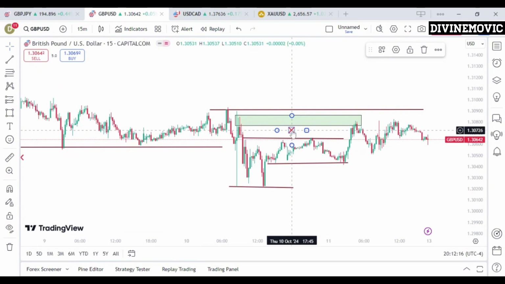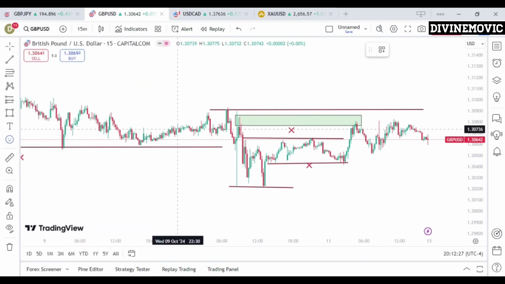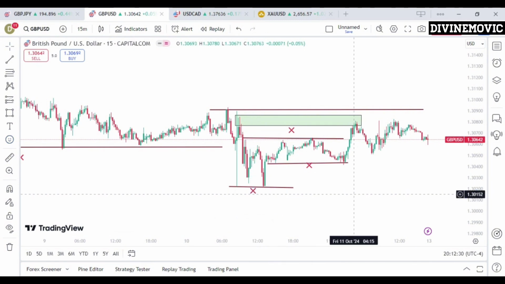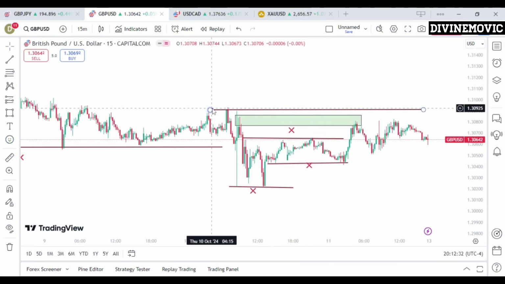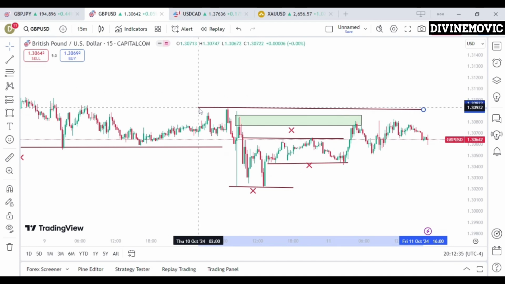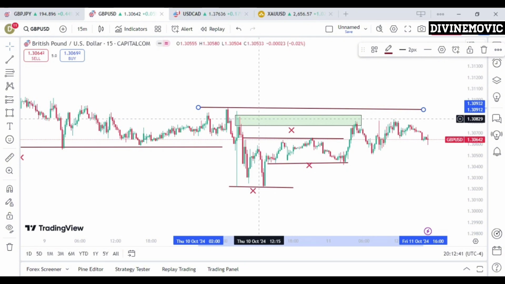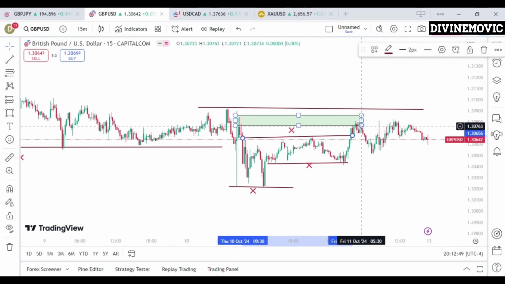Now in this case here, liquidity, and here as well, liquidity. And remember, we are bearish unless price takes out this particular high here. That entry came with the fact that we're able to identify the supply zone here, this liquidity here, and all of this liquidity at this point here. And when price took out this liquidity at this point here, we identified a change of character that made me take this trade,